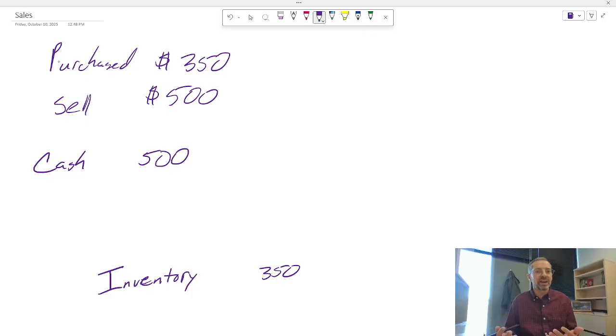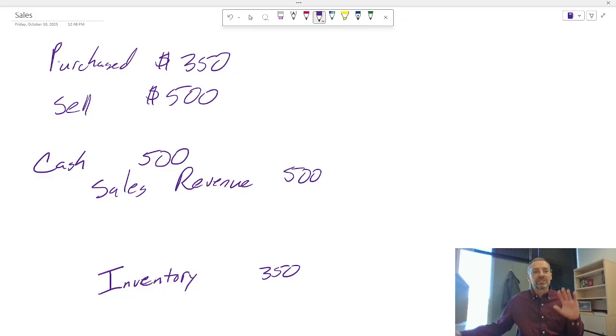Why did they give us cash? We actually did some work. So if you think back to when we were doing service businesses, a customer gave us $500 cash because we did some work, and that went into a revenue account. Well, it's the same thing here. We have done some work on behalf of the customer. We sold them this tablet, right? So the other half of this cash entry is actually sales revenue. We did $500 worth of work for our customer. All right, so that's the first part. This is actually a whole journal entry here, and this is our interaction with the customer.